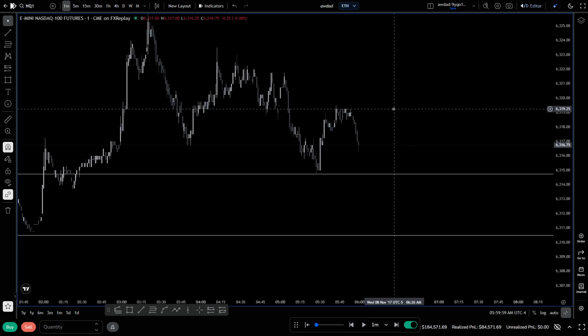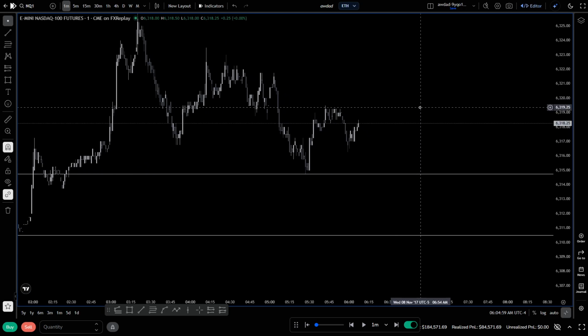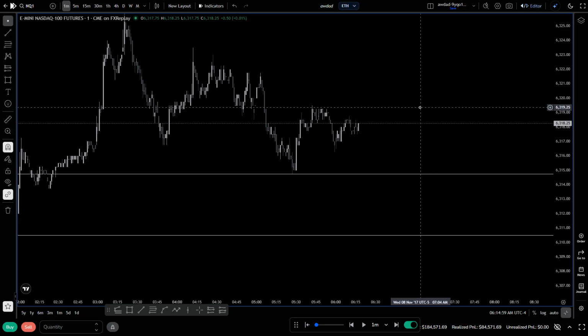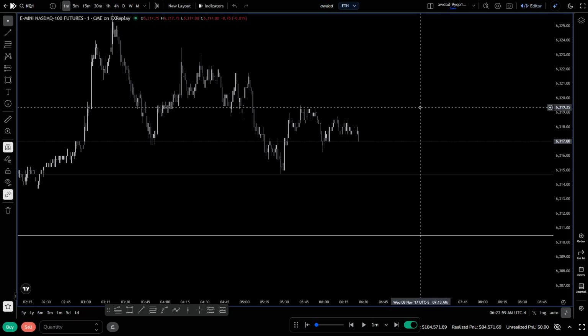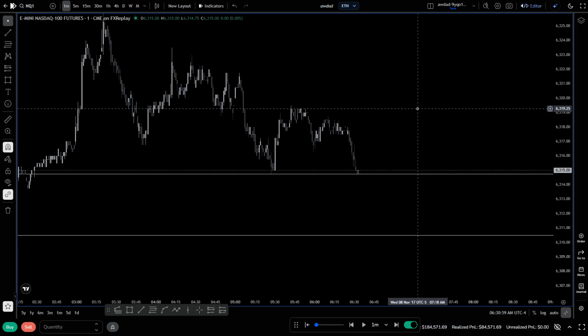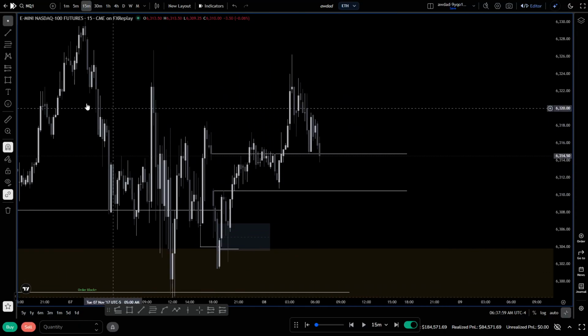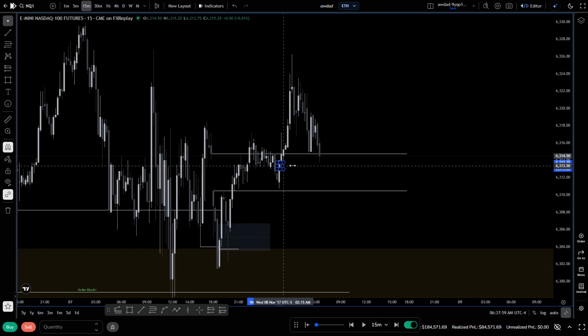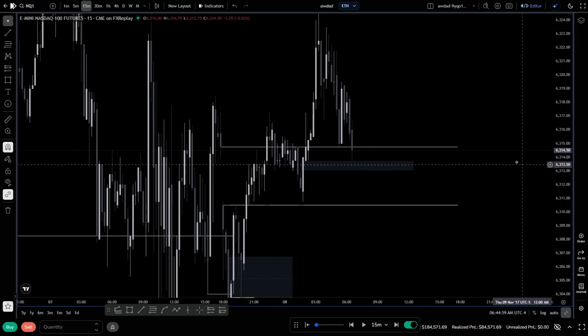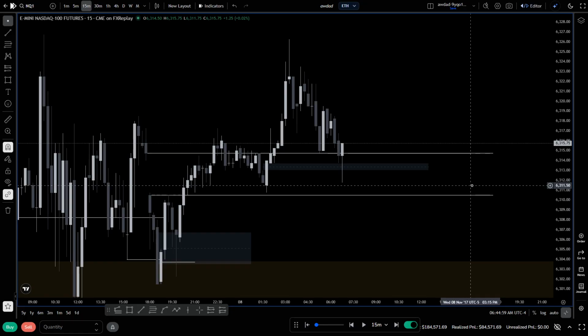I promise. But the real work in not getting swept is literally knowing when to trade, when not to trade, knowing what level to trade, because a lot of you just have horrible levels. It's insane to me, some of the levels you guys trade off of. You'll be looking at this like, holy shit, I want that to hold. Like, no, absolutely not.